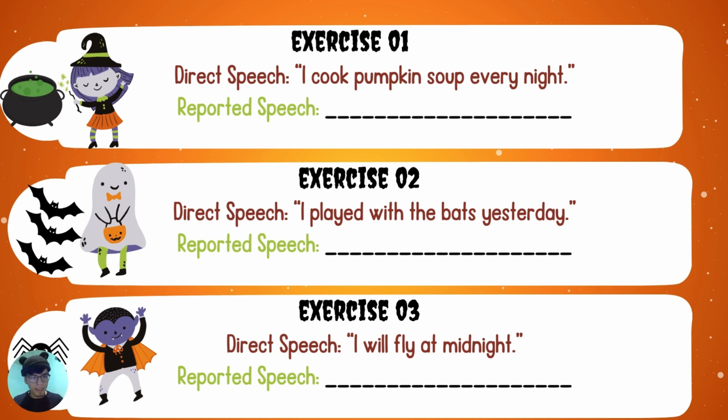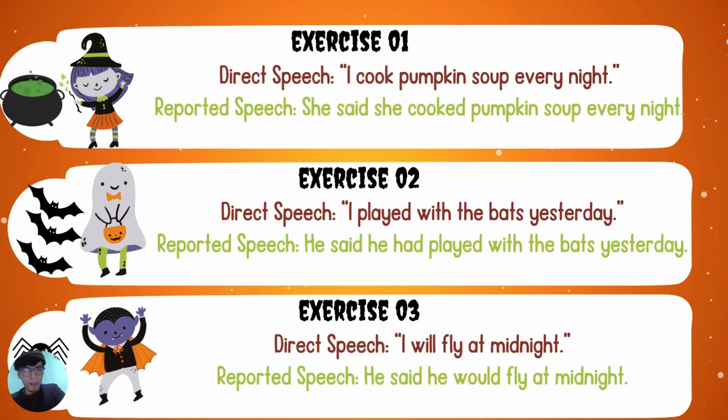And finally, Alexander, please explain to us what you wrote in the reported speech for the third example with the vampire saying, "I will fly at midnight." Okay, that's correct. If it needed to be changed into modal verb form would, so it would say, the vampire said that he would fly at midnight. That's really good, guys. As you can see the examples, you got them, all of them right.